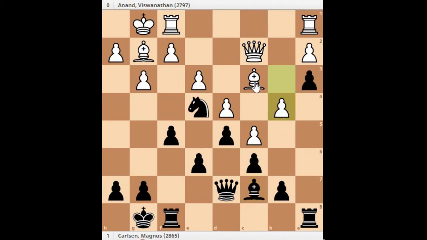So white also is going to expand on the queen side. So h5 from Magnus, and now bishop to e1. So Anand does not want to trade his bishop pair against the knight. And that's very interesting, because bishop pairs will be helpful in the open games. And now